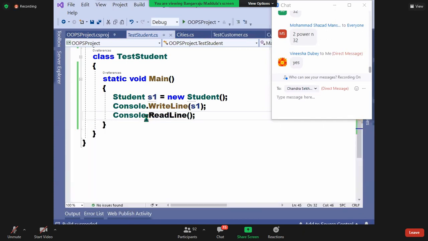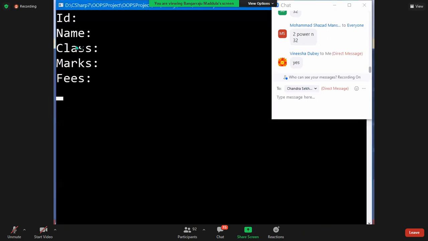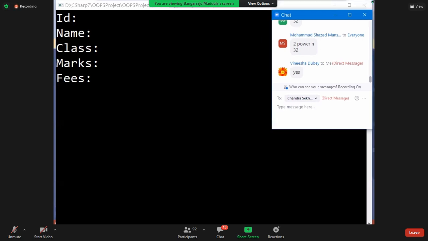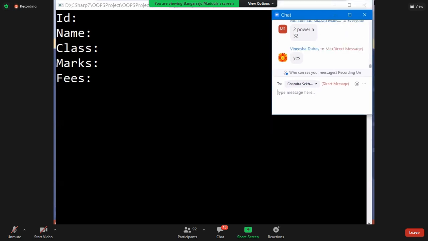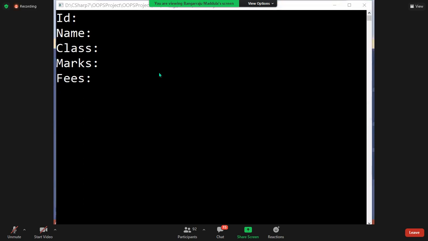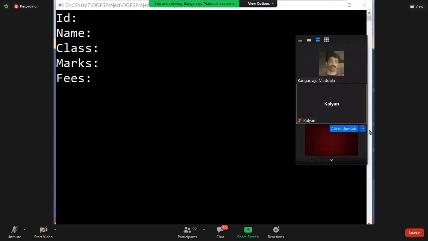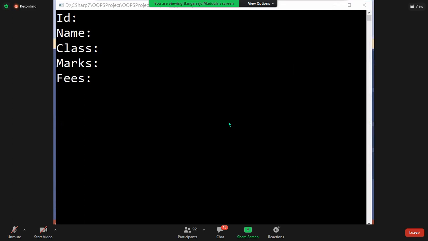Watch, all are null values now. Why? Default constructor will initialize the fields of a class either with the default value of the type or null values. So right now all are null.